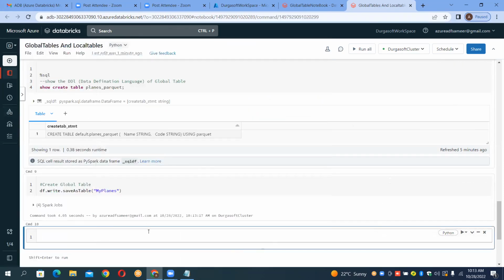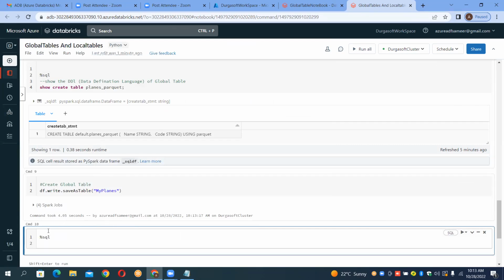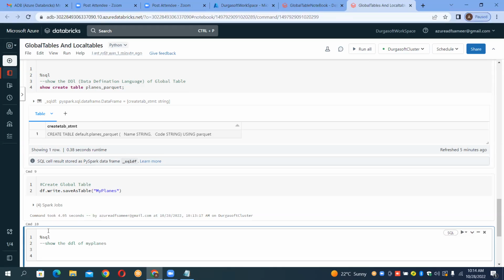Now you want to show. Now see here. So use the SQL, %SQL. Now this will work. %SQL. Now guys, I'm using show. How to show the DDL? Show the DDL of my planes. Okay, guys. Show the DDL of my planes. That's it. Now show